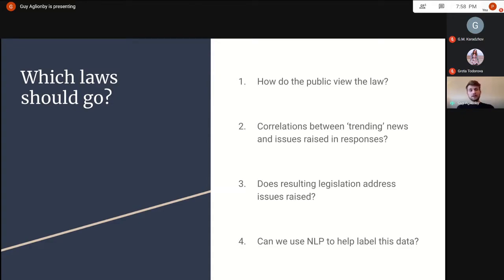Tagging 800 of these examples took long enough, and doing 5,000 would be prohibitively expensive, let alone doing that for all of the news articles. There are tens of thousands of news articles that I scraped in the 3 or 4 months that this survey ran for. So it's not possible at all to do this kind of analysis without natural language processing.